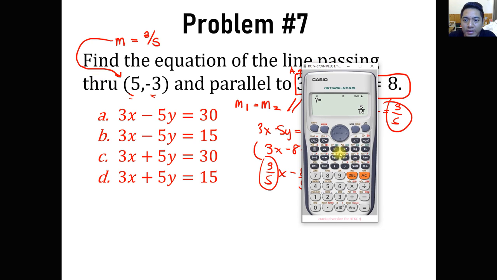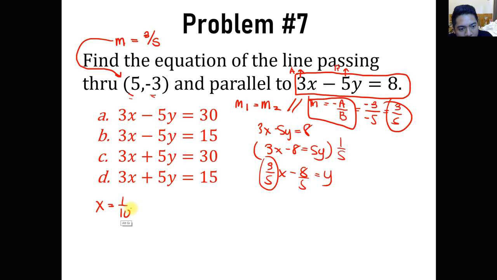So using our calculator, in still mode, we have 5, -3, and 1. Then you have 5 plus 1 for x sub 1 plus 1. And then y plus the slope: -3 plus the slope, 3 all over 5, so -3 plus 3/5. And then 1. Then calculate it. So we have 1 all over 10 and -1 all over 6. So you have 1 all over 10 x minus 1 all over 6 y equals 1.